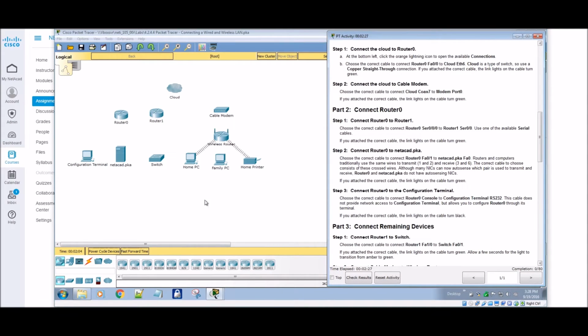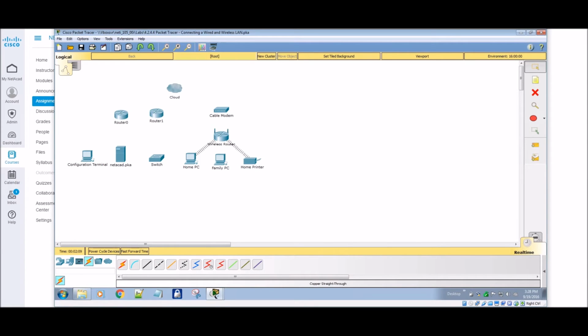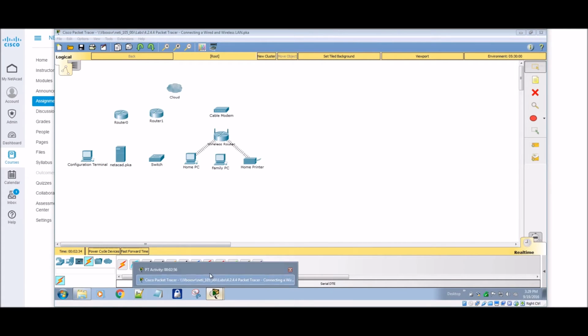What we're going to do is click on the orange lightning bolt here, and these are our connections. These connections are going to be a variety, and just hover over those if you're not sure what they are. Don't do the cheat way and just do the automatic connection. What you want to do is understand why you're connecting, what you're connecting, and which cables you're connecting. Because here in Packet Tracer we're in the virtual environment, but in the real world, you're actually going to need to know what those cables are and what they look like. So you might take a moment to go out and look on the internet and see, okay, I'm connecting in this activity.